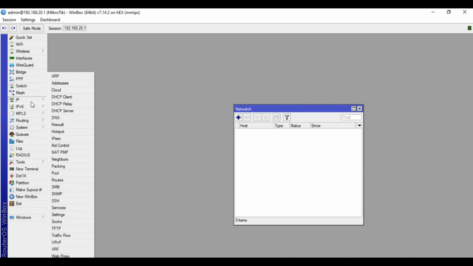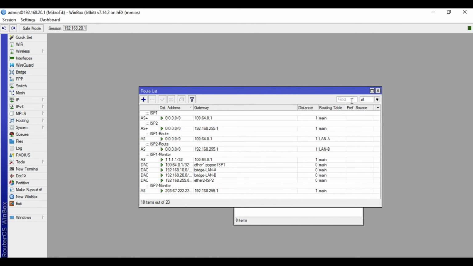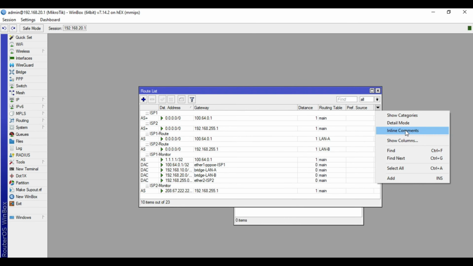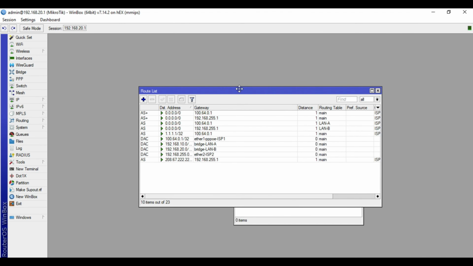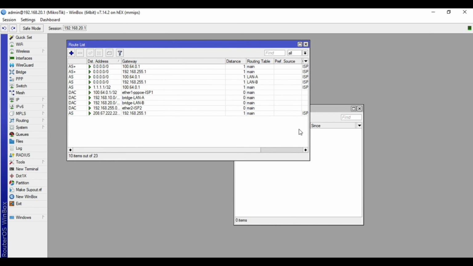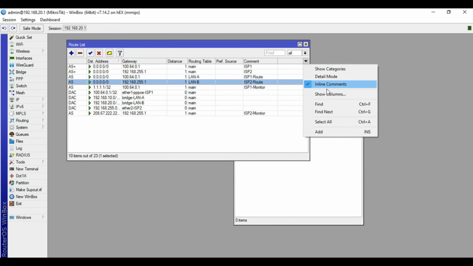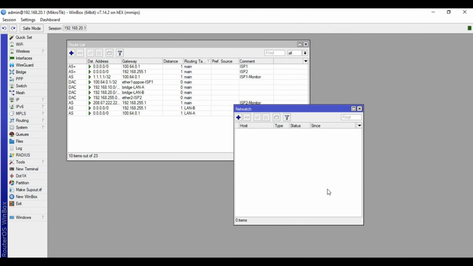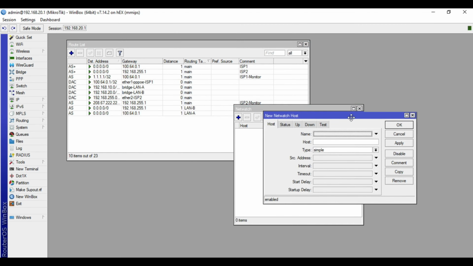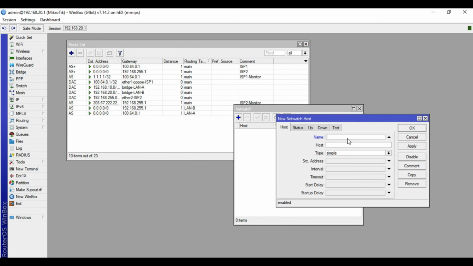Let's access the IP routes. Click plus. For the name, we'll put ISP1 monitor.